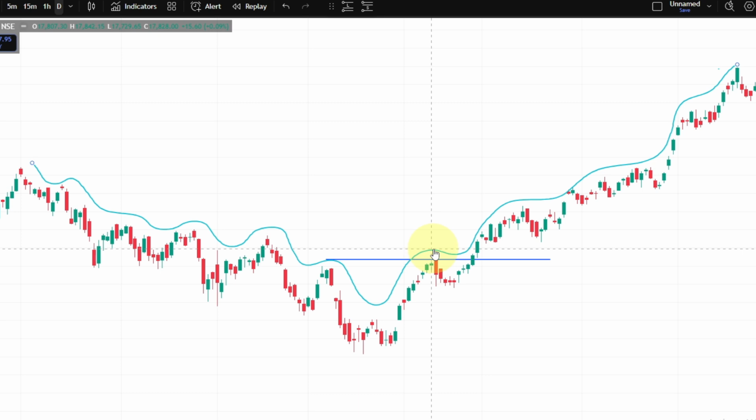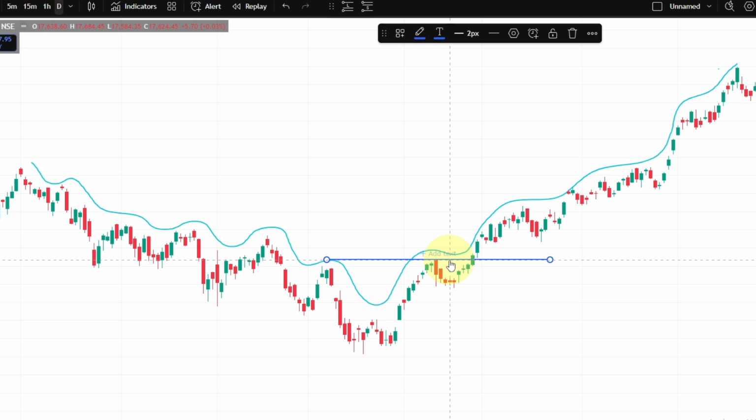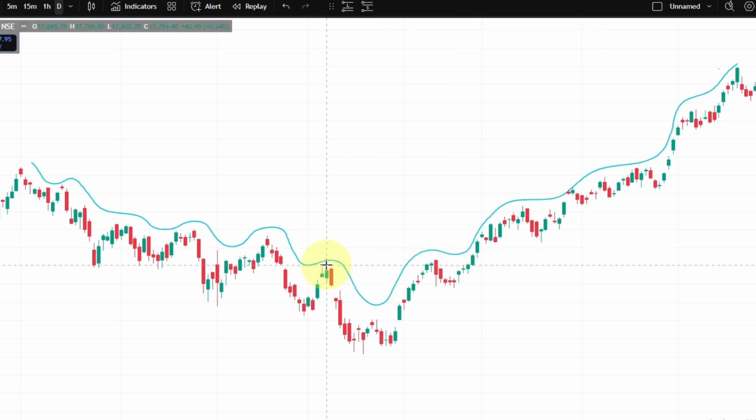So now how are we going to enter the trade? See, to enter this trade, we need to delete this and draw a line from our previous high. So let's draw a trend line from the previous high. After drawing this line, you can see this candle closed above our previous high. That means we have to understand that the change of character happened in this area.